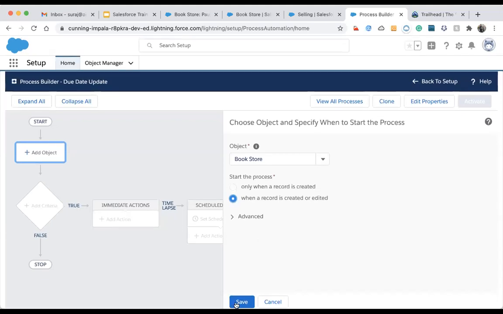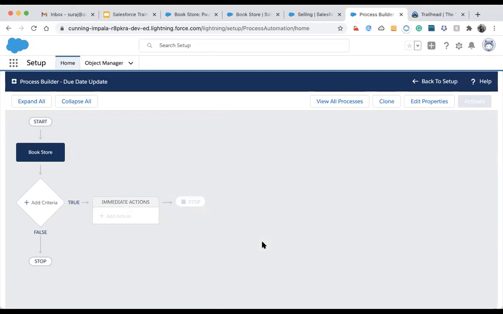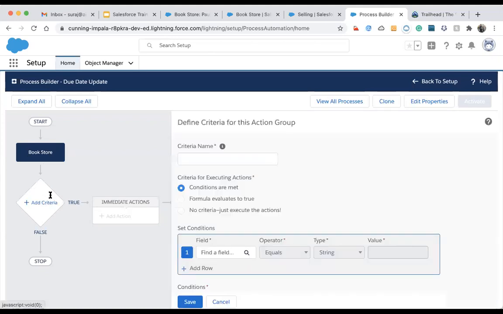Then we hit save. Now you can see your object name is up. Now we have an option enabled here, so I will hit it and add the criteria name.